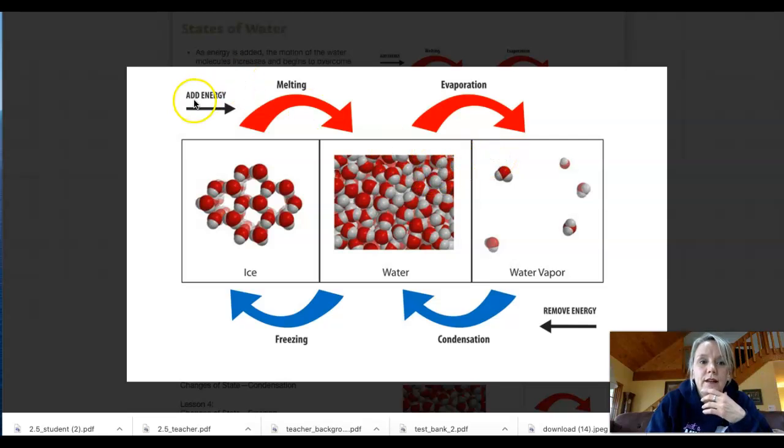If we add more energy, then this liquid is going to turn into a gas, and that we know as evaporation. And then here, if we add energy